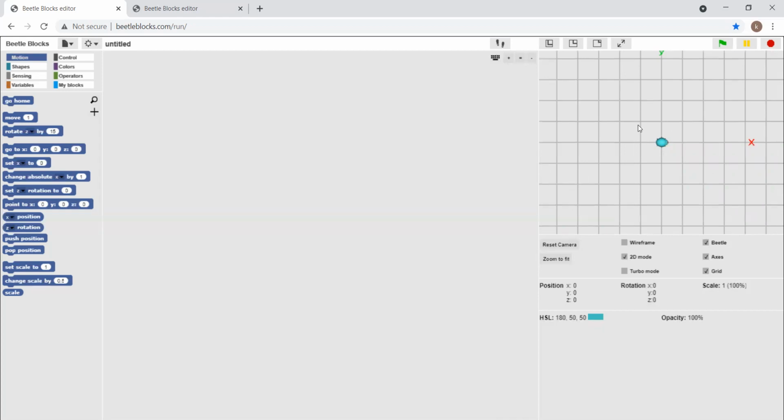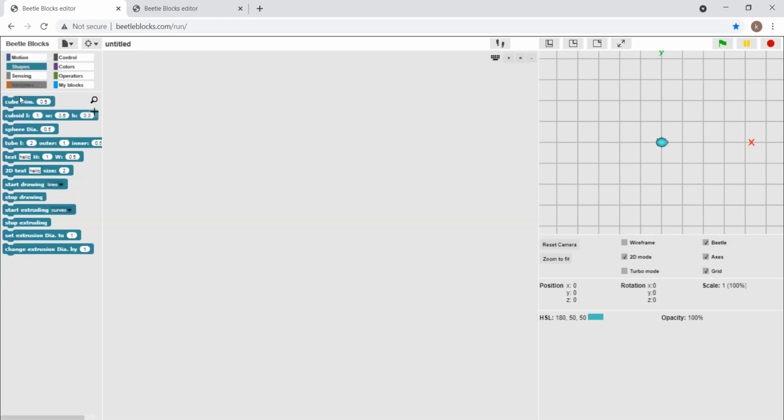In order to create 3D, we have different types of 3D objects in our instruction area. We can select any 3D object from the shapes menu in the instruction area. Now I'm using the cube instruction. Whatever instruction is to be used should be dragged from the instruction area itself.